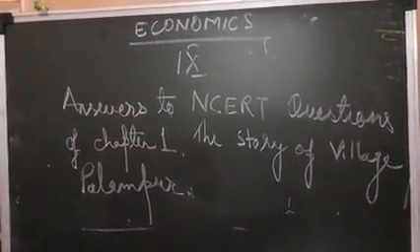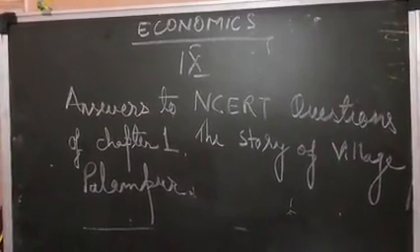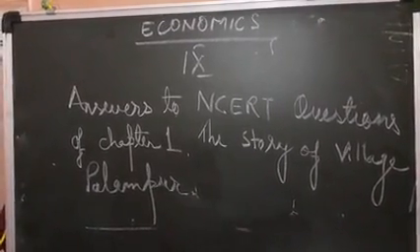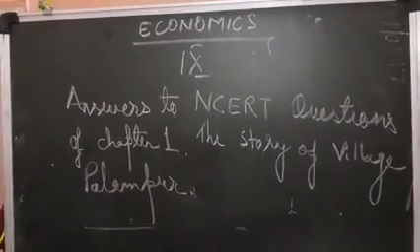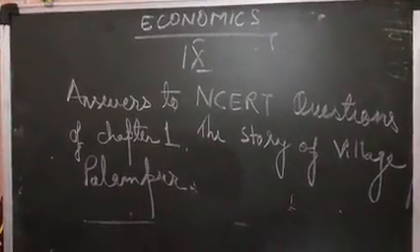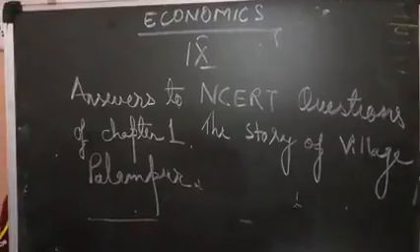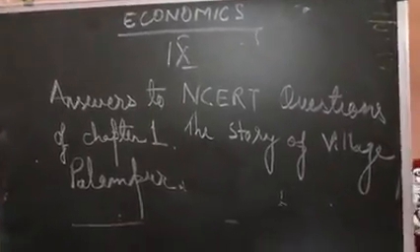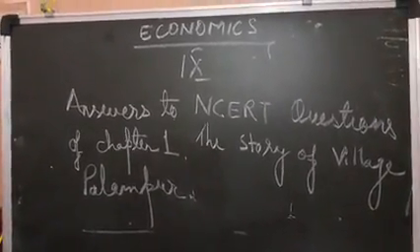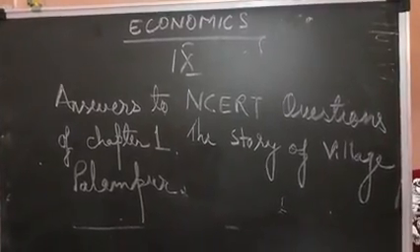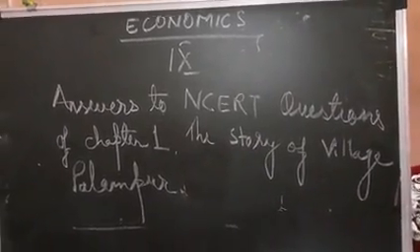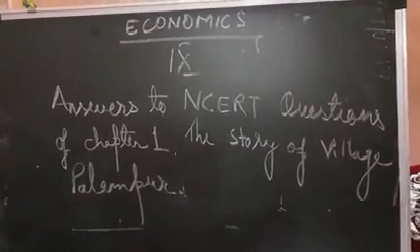On what terms did Savita get a loan from Tejpal Singh? Would Savita's condition be different if she could get a loan from a bank at a low rate of interest? Yes, of course. Because Savita was a small farmer, she planned to cultivate wheat on her 1 hectare. She took a loan from Tejpal Singh at a high rate of interest, which she could not pay. But if she had taken it from a bank, then the interest rate would be low, the proper norms and conditions would be followed as per the bank, and she would be on the safer side.